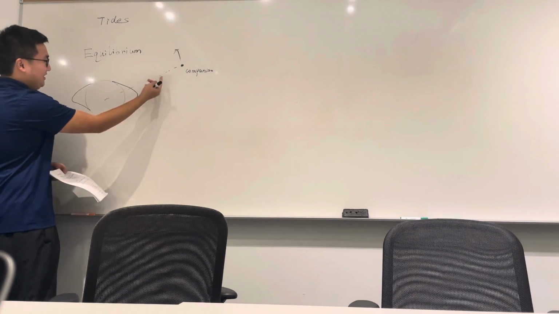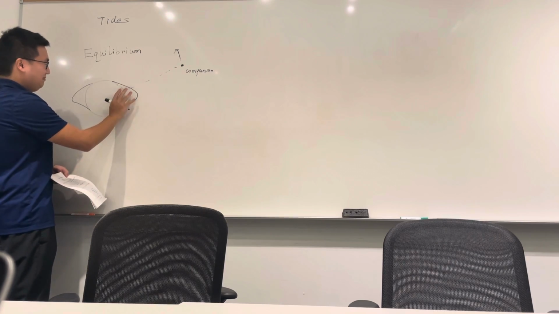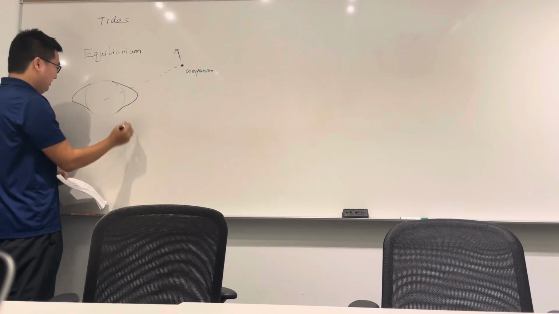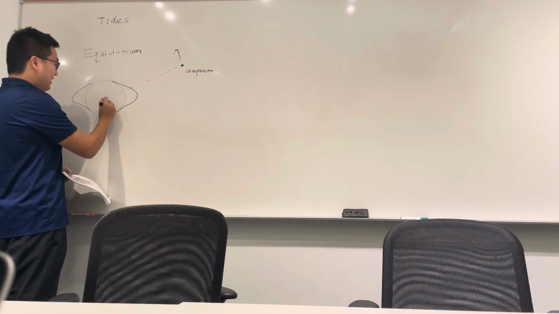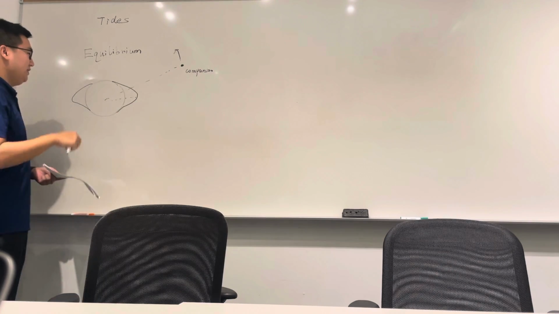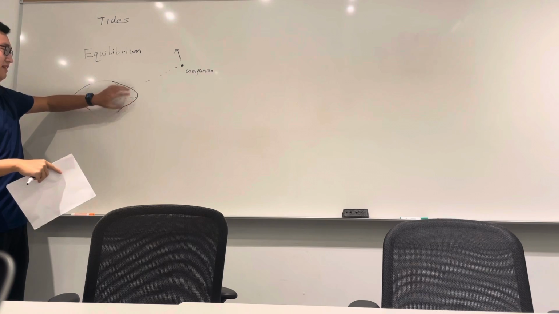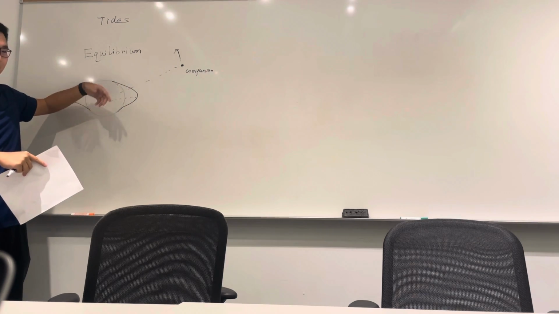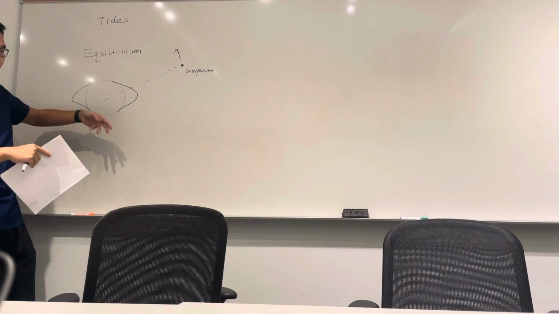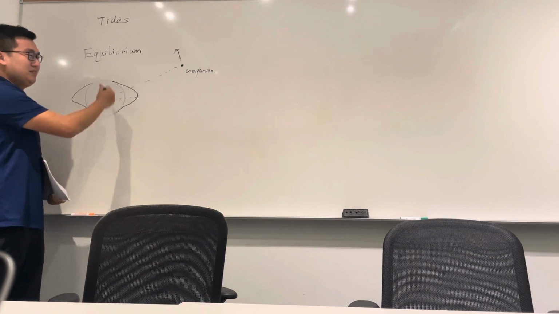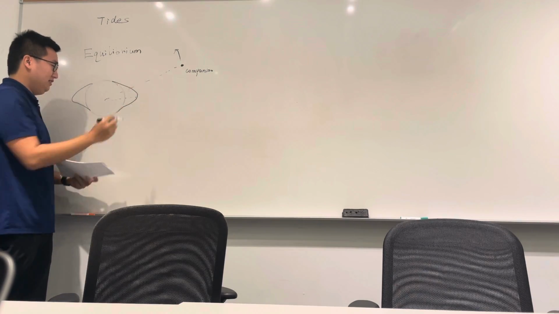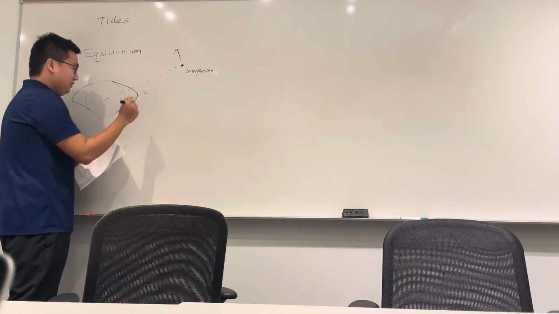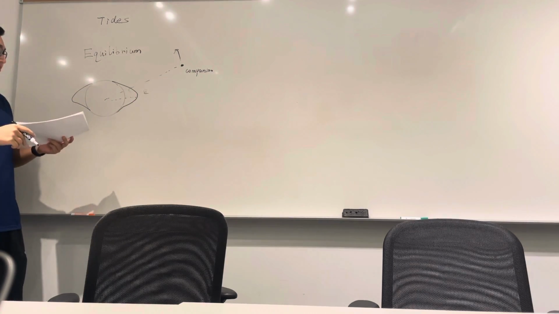And you see that this part of the fluid is following the orbit of the companion, and there's a phase lag. The reason is that the tides are also dissipating energy, so there's some friction in that fluid, and so there must be a phase lag. And if we call that phase lag angle epsilon,